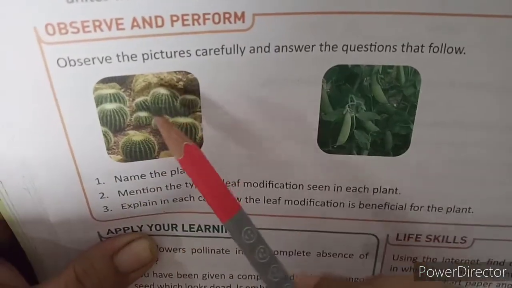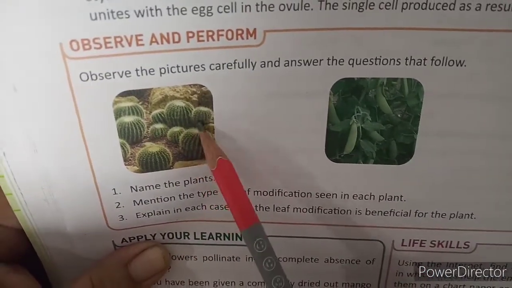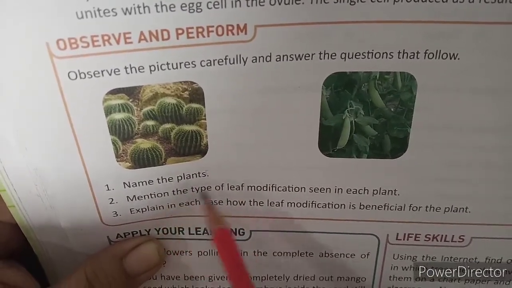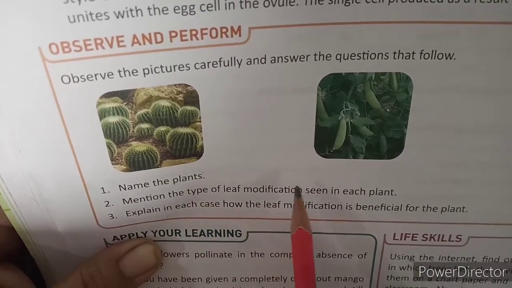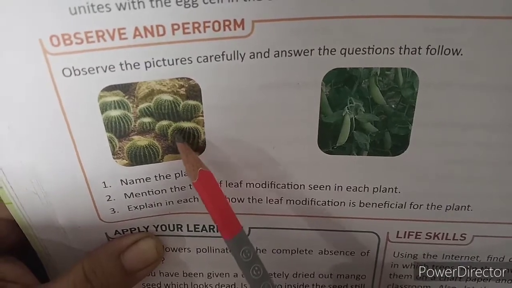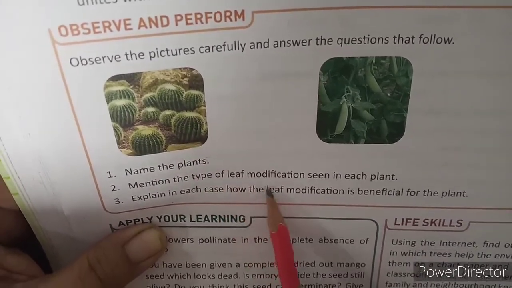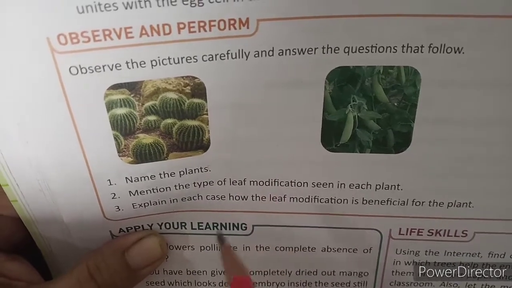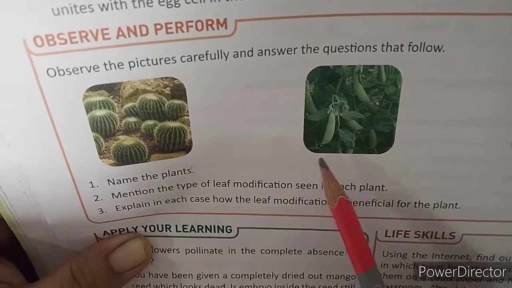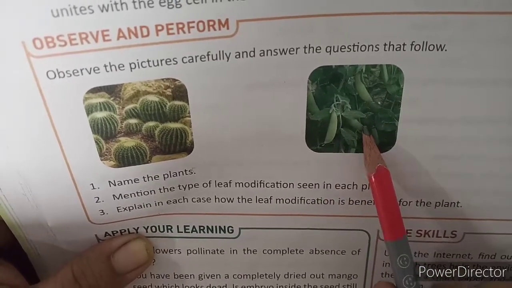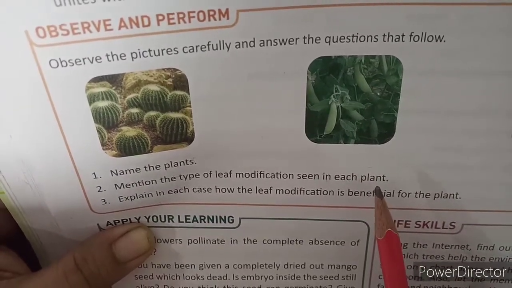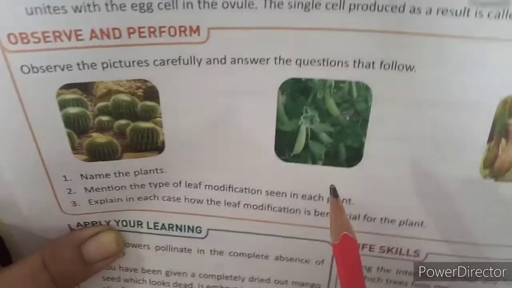Okay. So the first picture you have to see, the cactus picture you have taken. Then write the name of the plant, then what is its modification. The modification is that the leaves have transformed, modified into spines, and what is the function of spines, that you are going to write. Then you have to take the second picture, write its name, then what modification has happened in the leaf. It is tendrils, isn't it? Now tendrils are for what? What is the use of tendrils? To support, isn't it? So that you are going to write.